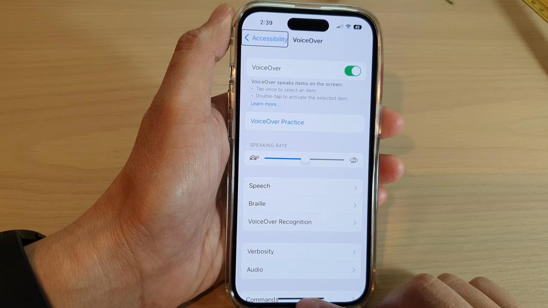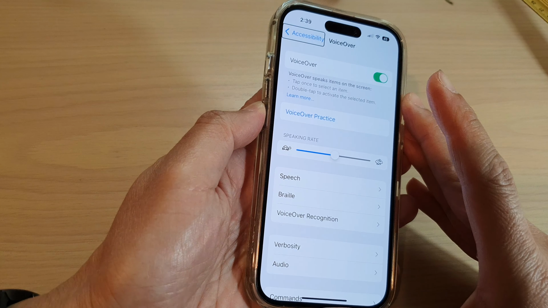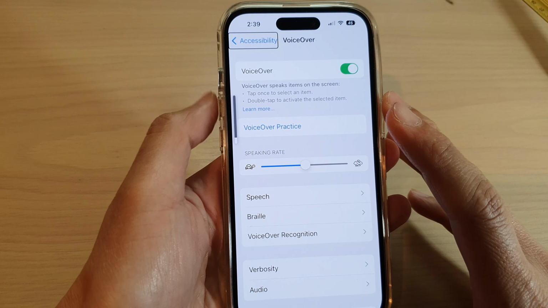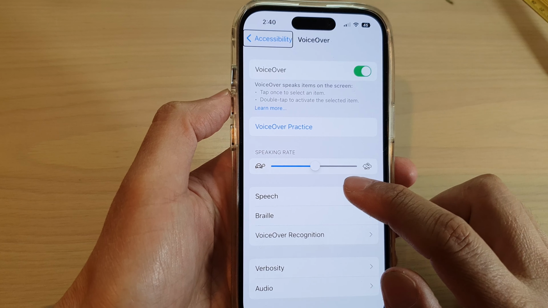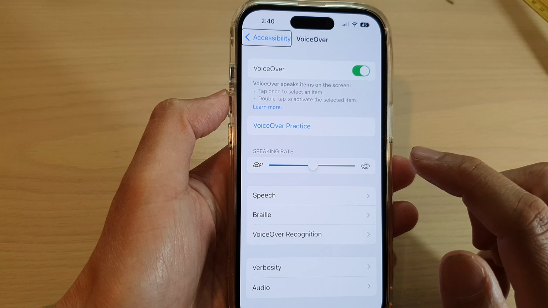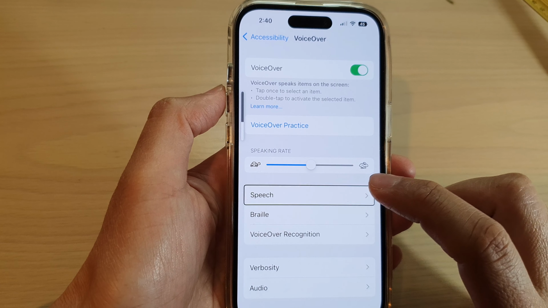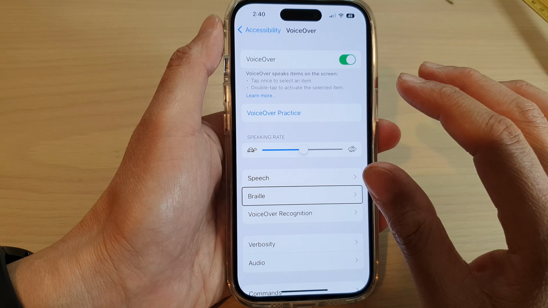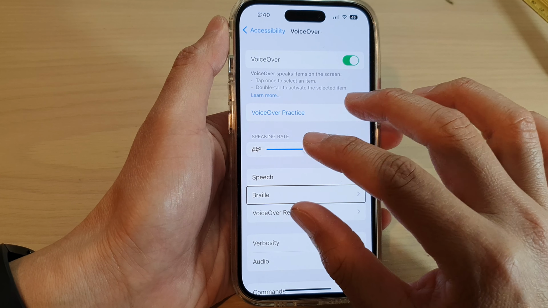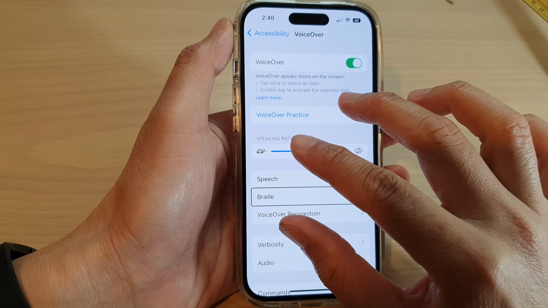VoiceOver on, Settings, Accessibility, Back button. Now you can see here when I turn on VoiceOver, if I tap on certain items on the screen, it will read that item aloud. Speech, button, Braille, button. Now if I want to quickly mute the speech, I can double tap with three fingers